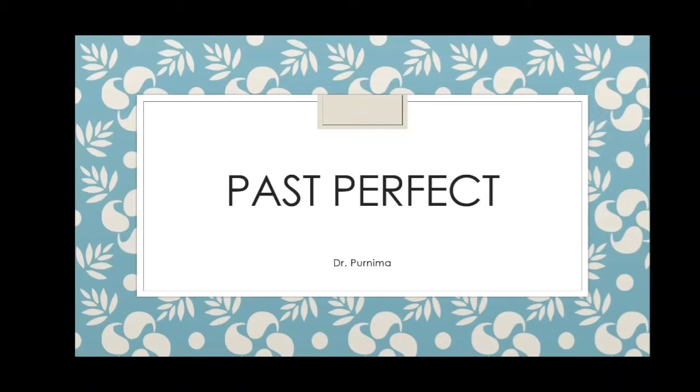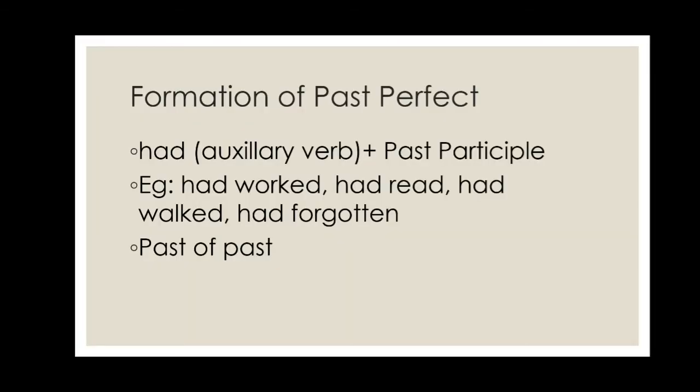Today we are going to learn past perfect tense. How do we form a sentence which is in past perfect? So we use had, which is here the auxiliary verb. With any form of past perfect tense, had will be your auxiliary verb plus the past participle form of the